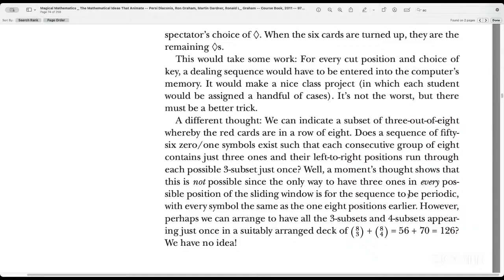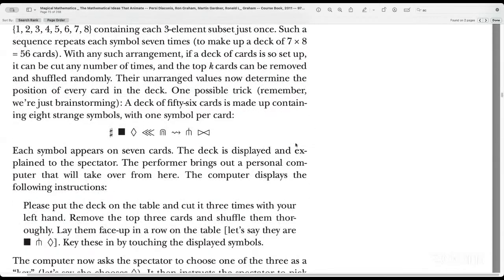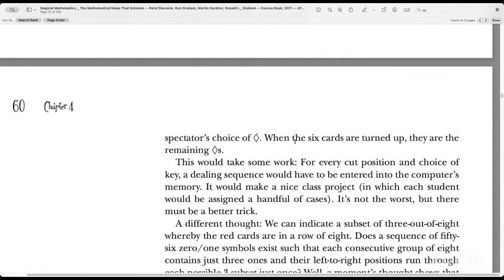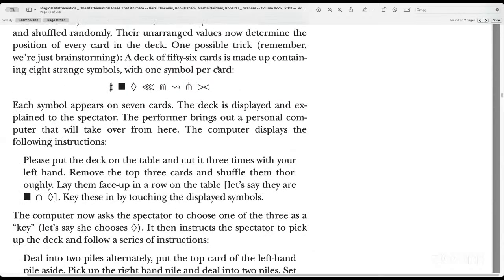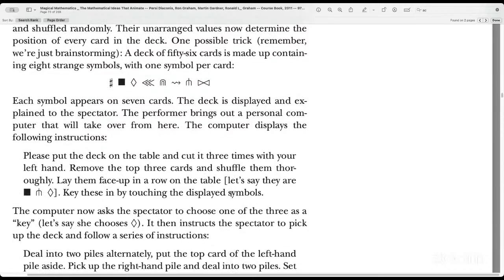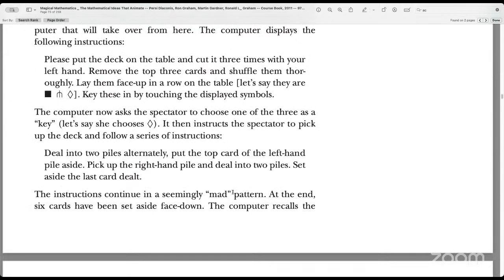And again, in principle, they do have a trick based on that sequence, but I'm going to skip the details and leave you to pursue this more closely if you're interested, or possibly think of your own trick based on the existence of this 56 length sequence with 8 symbols. So that basically brings us to the end of this discussion around card tricks,